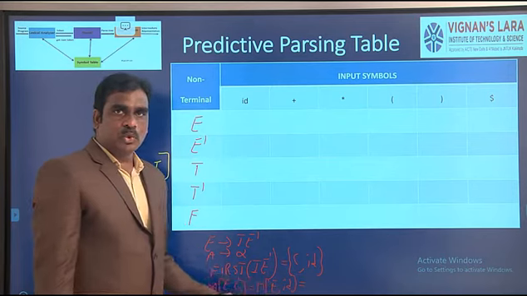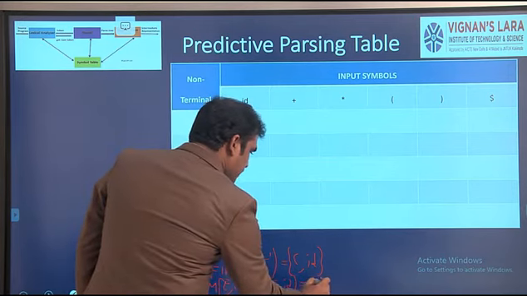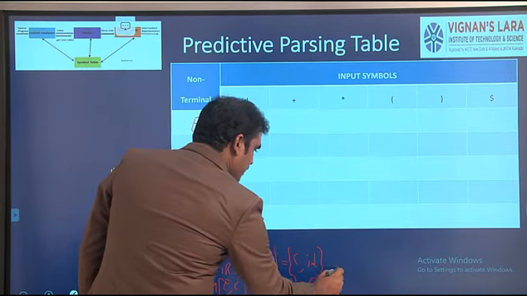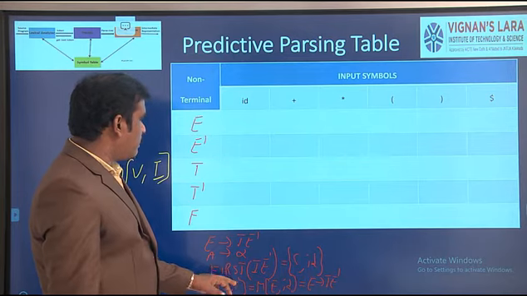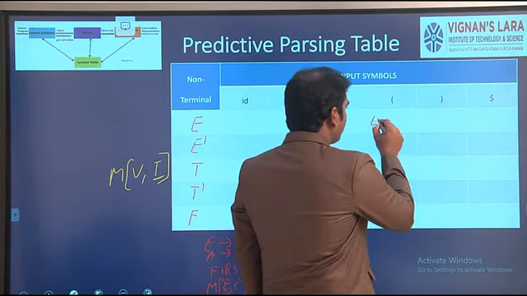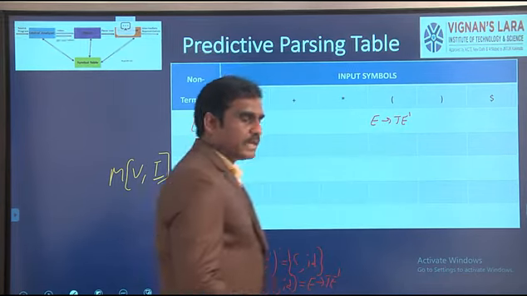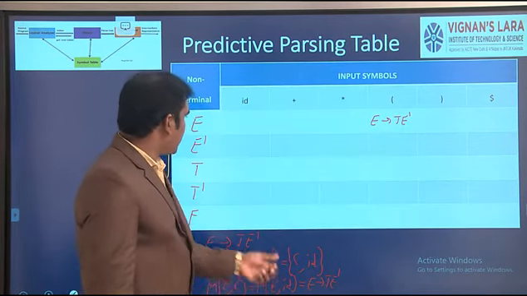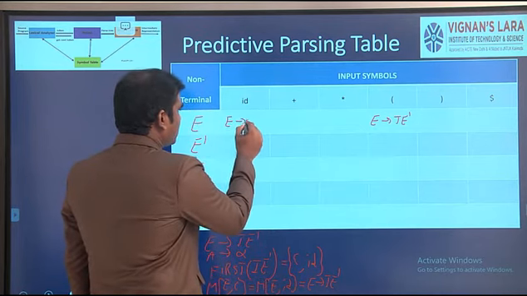So in these two entries we have to fill with the production E to TE dash. So E comma open parenthesis is filled with E to TE dash. Next one, E comma id is filled with E to TE dash, because